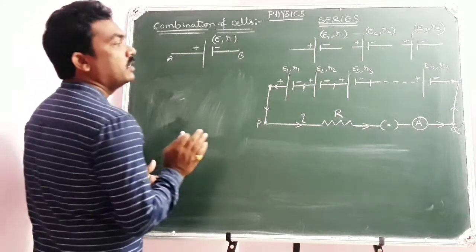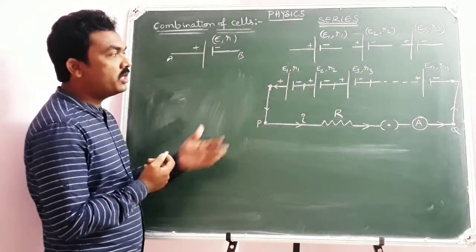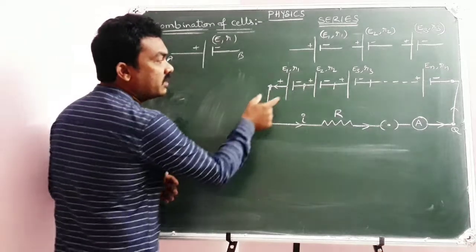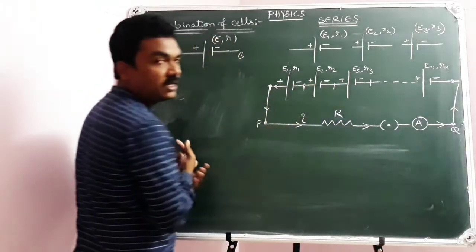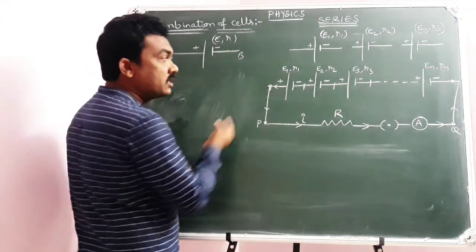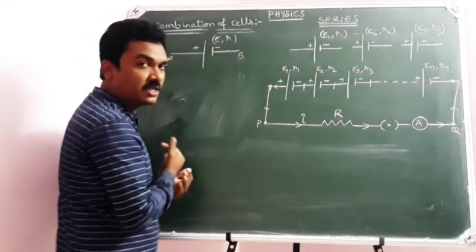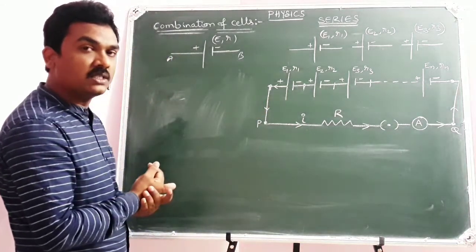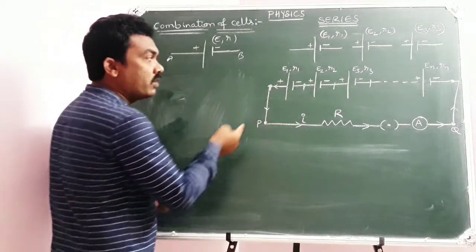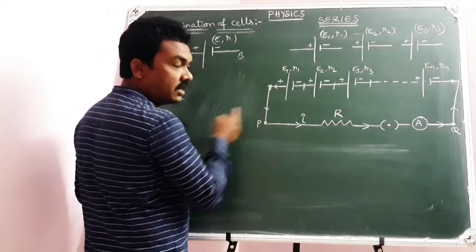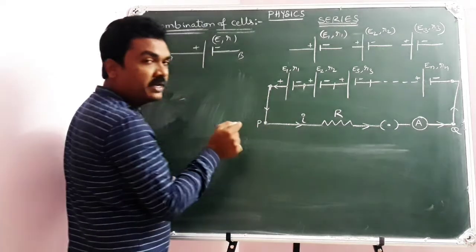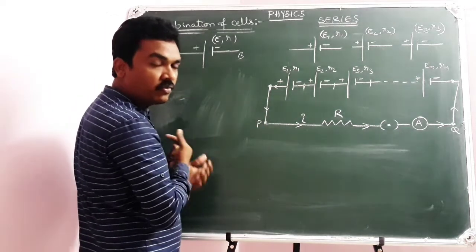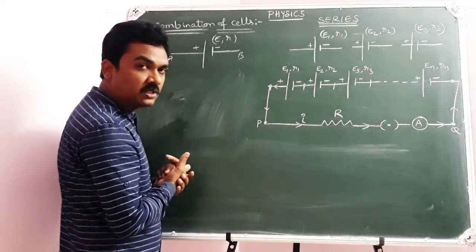See here, the very important thing: if you observe the potential difference across every cell, it will be different from its EMF. The reason is that here we are drawing current from this cell, discharging of a cell, as you have learned in the earlier class. When we are drawing current from a cell, then the potential difference across the cell will be different from its EMF. Why am I talking about potential difference?